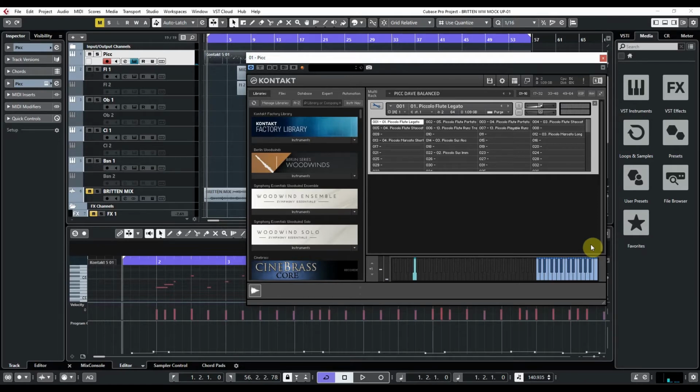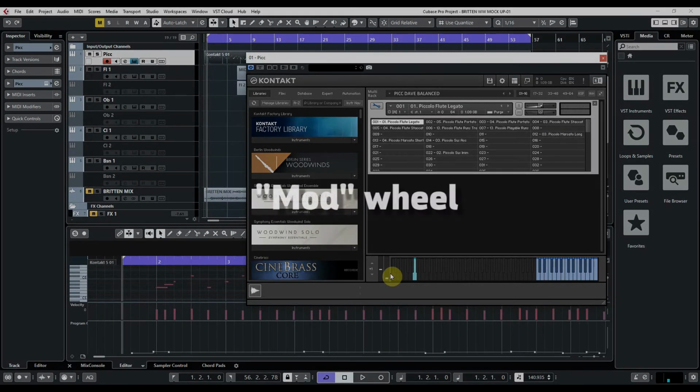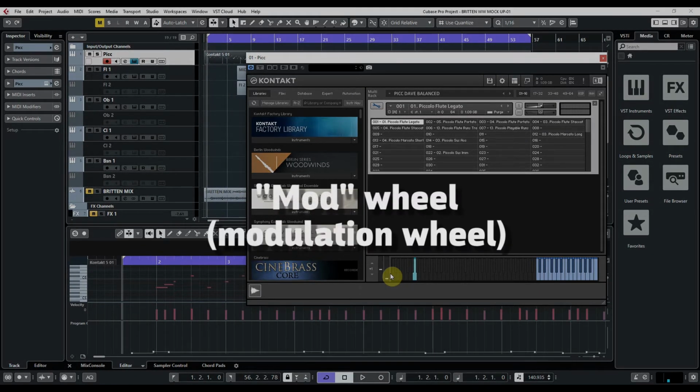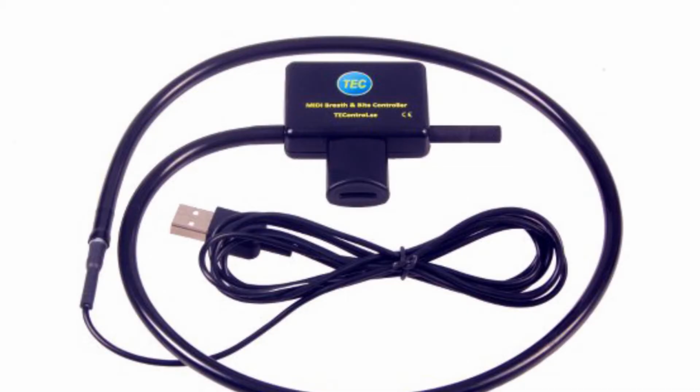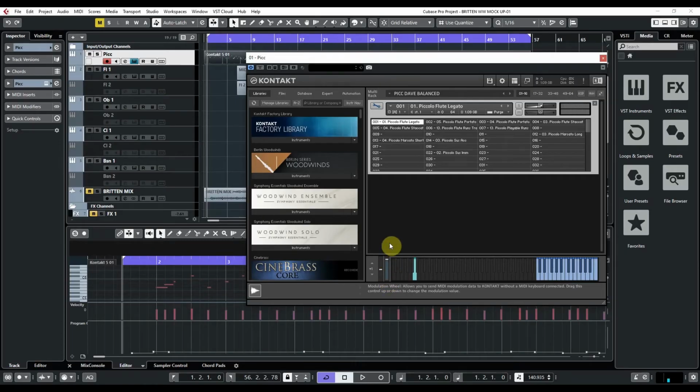And I also want you to notice this right here as this moves up and down. It's called a mod wheel, or modulation wheel. It's mod wheel for short. It's on the keyboard. My breath controller actually controls this too, though. The harder I blow, the higher that goes. And what that's doing is it's changing the volume. So if you watch,